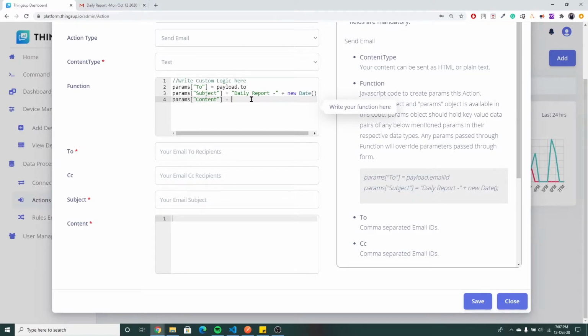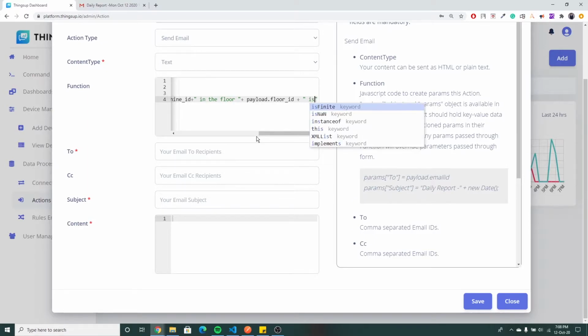So I am specifying my content like this: maximum vibration recorded by the machine, and I am going to add a machine ID, which is going to come in the payload, so payload.machineID, plus in the floor, the floor ID is in payload.floorID, plus the value of the vibration is in payload.vib.